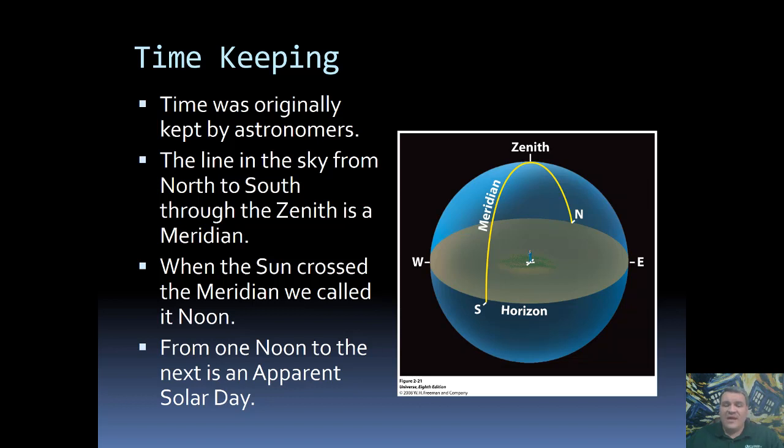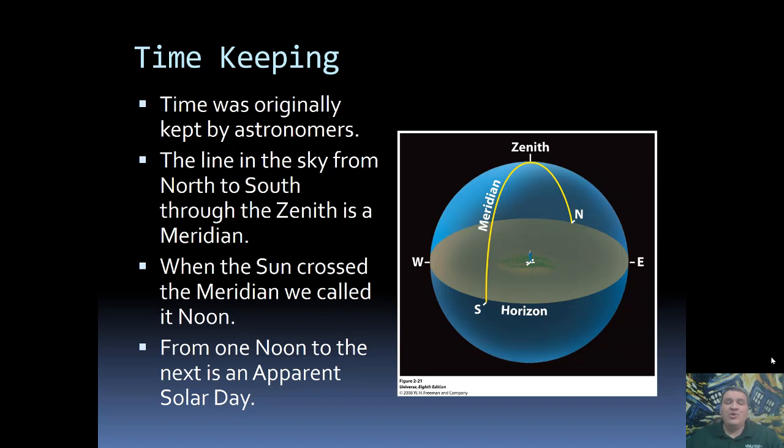Now that we have defined the meridian, we can define noon. We have now messed around with how we define things, but back in the day, we defined noon as the time when the sun was on the meridian. If you've ever heard the phrase high noon, you can tell it was noon because of where the sun is. When the sun is at its highest point in the sky, it's noon, because it travels up, up, up, hits the meridian, and then starts going down again. So noon is when the sun is on the meridian.